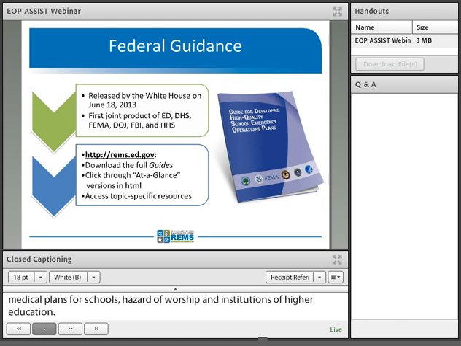Whereas the previous version of EOP Assist had 3 different user roles, EOP Assist 2.0 has the following 5 user roles: super administrators, who are typically IT personnel and who set up a state, district, or school's account of EOP Assist; state administrators, who manage districts and independent schools' use of EOP Assist for the state; district administrators, who manage a district's use of the software